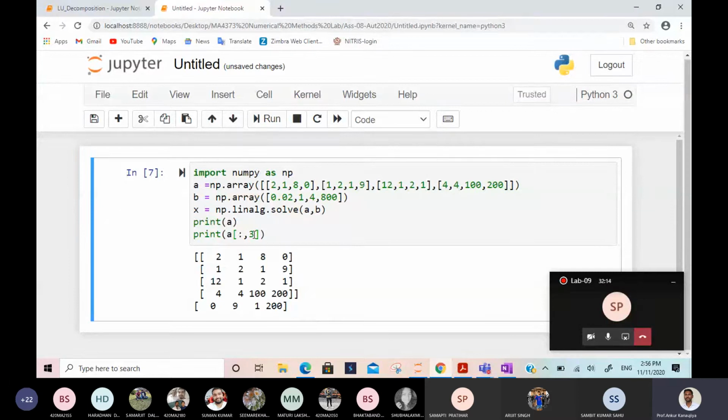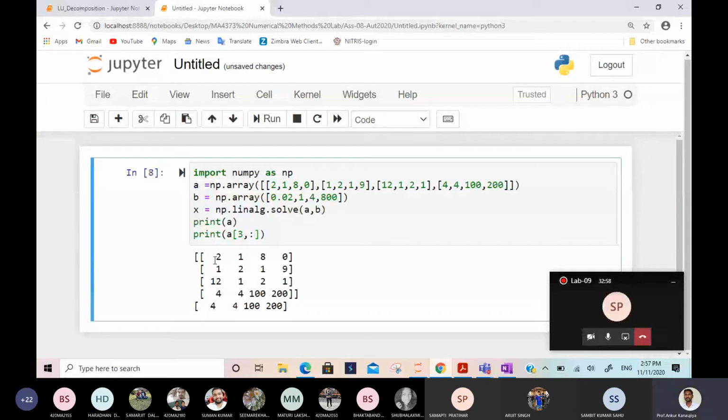It is clear how to write any column? Yes, sir. Suppose we want to write any row, then what to do? Suppose I want to print row number 2. A[2, :]. Then this colon will go on this side in the column position, like A[i, j]. This one is for row, comma, after that the column. So row I am not writing anything, column I am writing 3, so it will give the third column. And row has no index, that means all entries of column 3 will come. If I want to change like this, 3 will come first, that means it will give all entries of the third row.